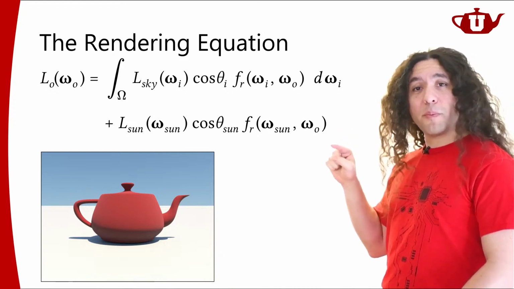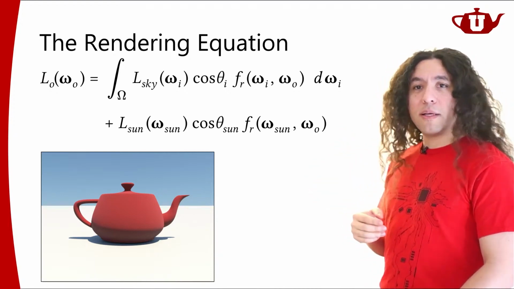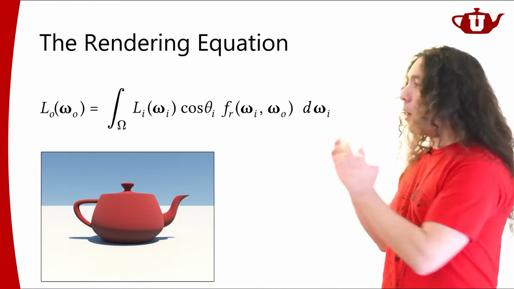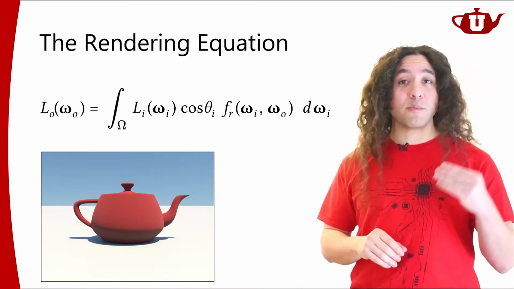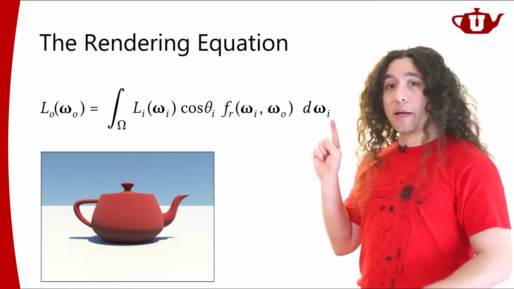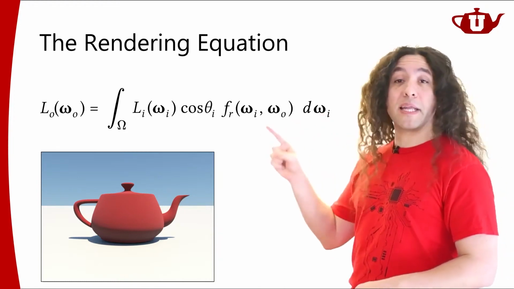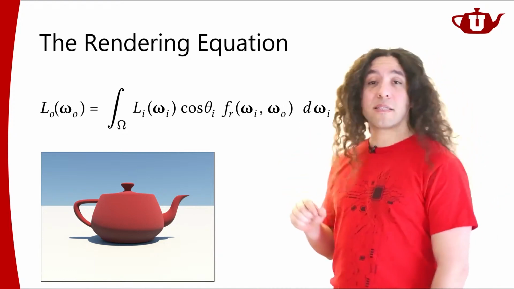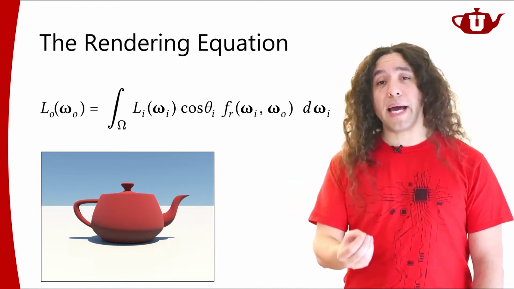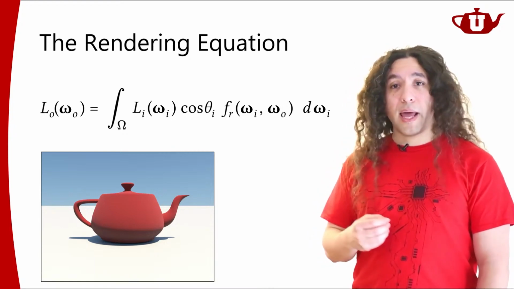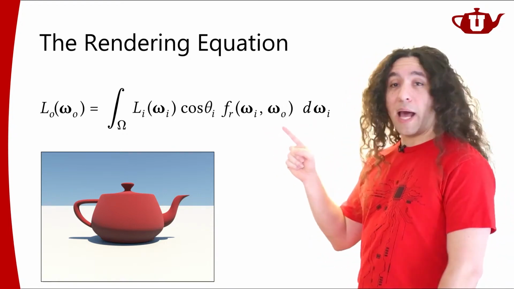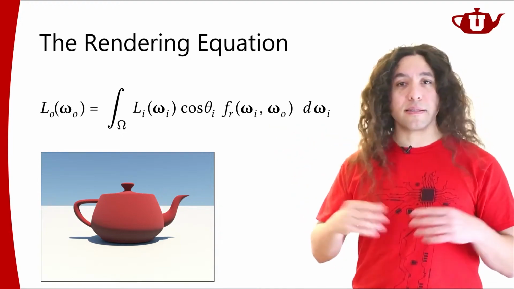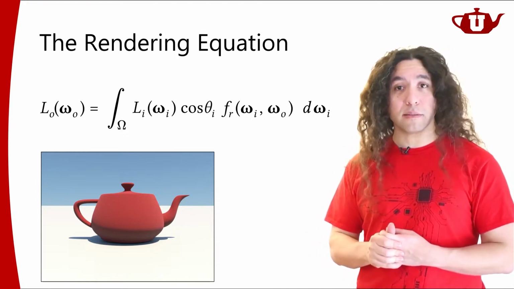Right? So, this is going to be a very typical thing to do. As much as we can easily write the rendering equation in this simple form, it's just one integral. Oftentimes, when it comes to computing the rendering equation, we're going to go ahead and start splitting this equation into multiple pieces so that we can compute that more easily. And it is important for you to understand how everything comes together in the rendering equation so that you're not counting things twice and not getting the wrong result.